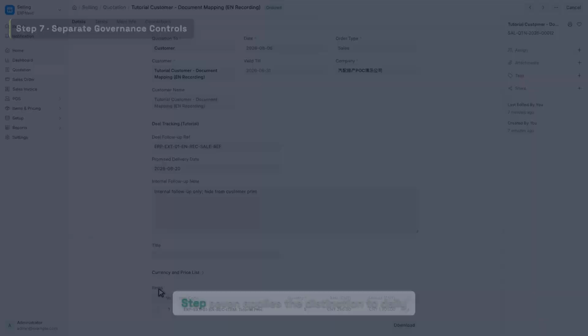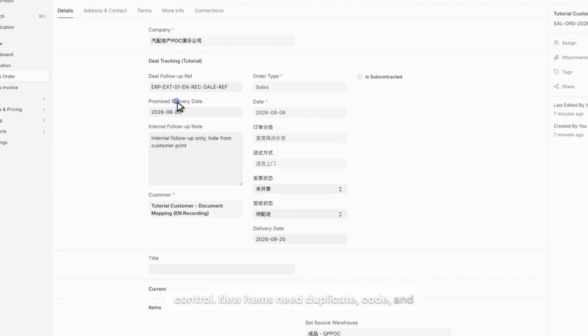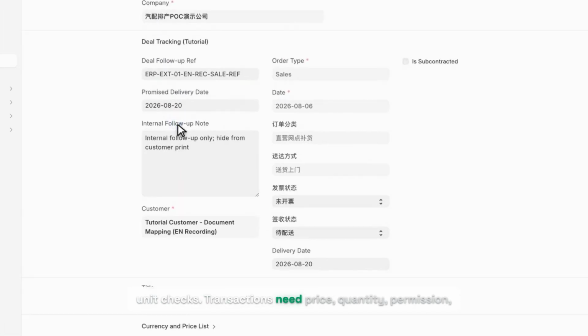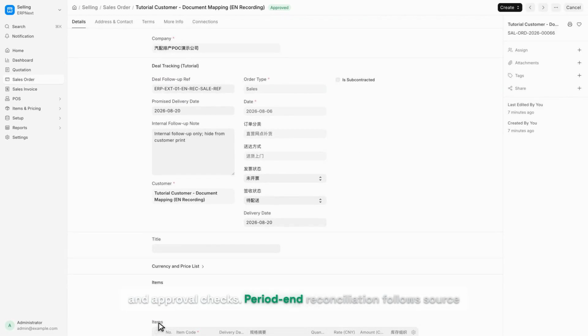Step 7 applies the distinction to daily control. New items need duplicate, code, and unit checks. Transactions need price, quantity, permission, and approval checks. Period and reconciliation follow source fields and connections through the upstream and downstream chain. Do not change master data just to repair one order, and do not rewrite historical transactions only to rename an